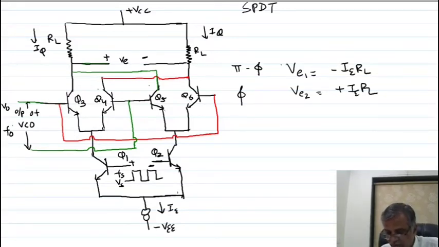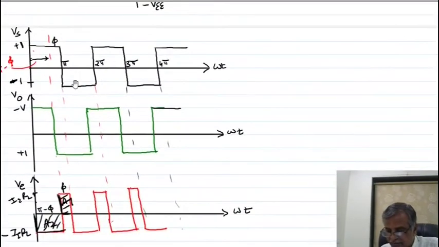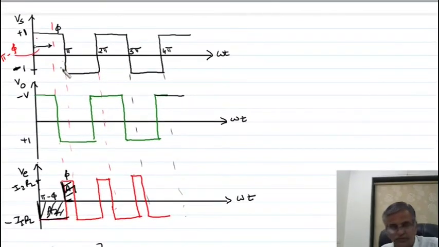Look here, I am showing you the timing diagram. The timing diagram of the balanced modulator circuit is as shown in the figure. During this phasing interval, transistors Q1 and Q3 are in forward bias, so the current passing through Q3 is maximum, so the output is negative. During phi, only Q1 is in forward bias and Q3 is in reverse bias. This is given to the base of Q3, and as Q3 is in reverse bias, the output is maximum. That maximum output is given by this.